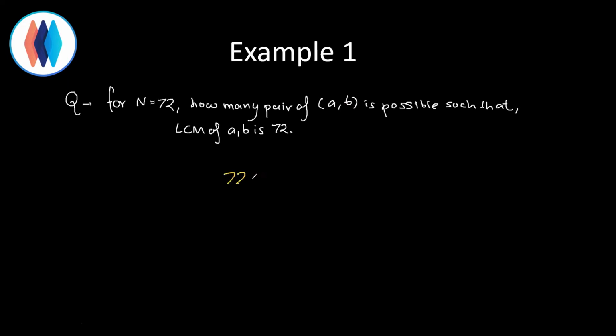So for 72, if you do the prime factorization, this is basically 8 into 9, which is 2 to the power 3 into 3 to the power 2. Okay, so this is what you have got. So you need to make sure that the pair A comma B has to have these numbers to get to this LCM. The first thing that you need to see here is if you have 72 as a number itself,